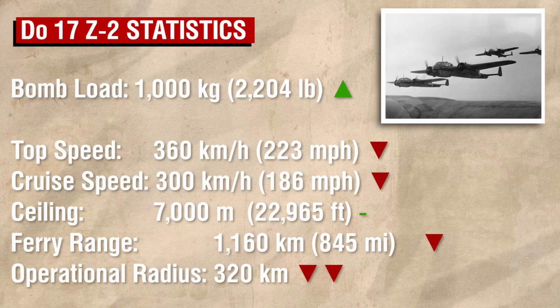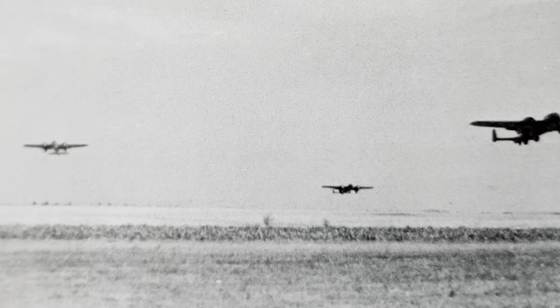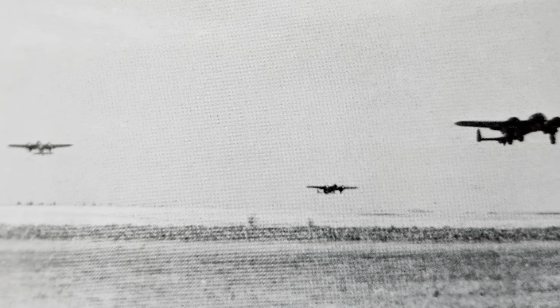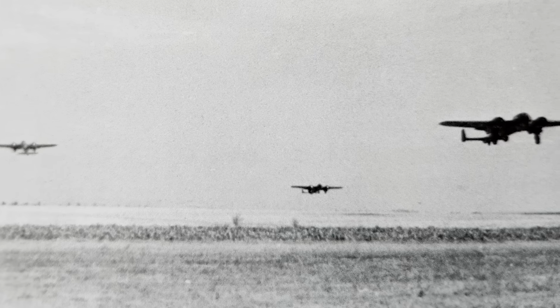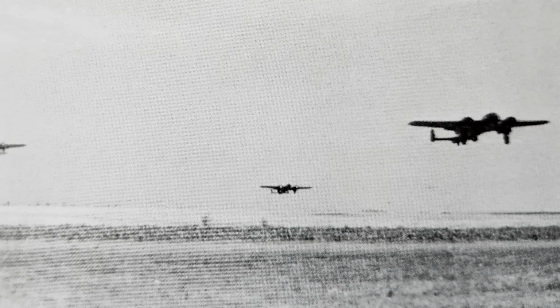And it was these missions in the Second World War that would give it a unique reputation among Luftwaffe bombers. The Do-17 was not a distant spectre that loomed high in the clouds. It was instead something that lurked behind hillsides and hedgerows, often flying low enough to qualify itself as a flying